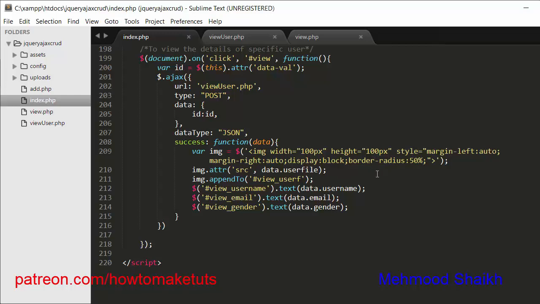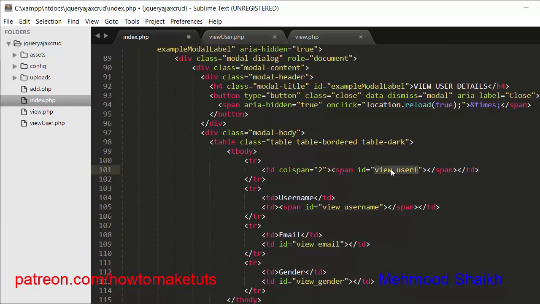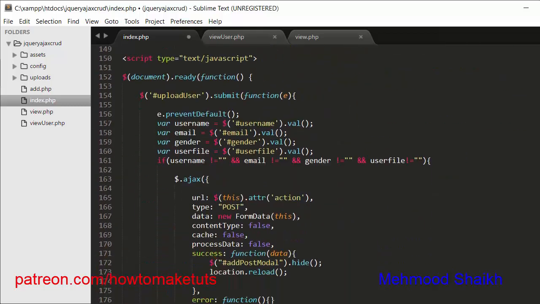Then I have given it a border radius of 50%. To the source attribute of the image, I'm passing the URL, and I'm appending that to the ID which I have assigned to this section. As you can see, this is the ID I have assigned here, and inside this I'm displaying the image.